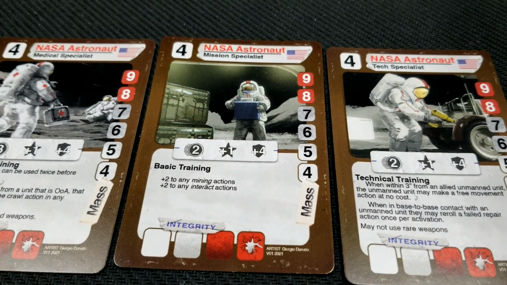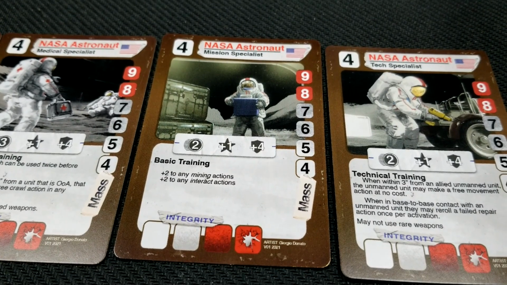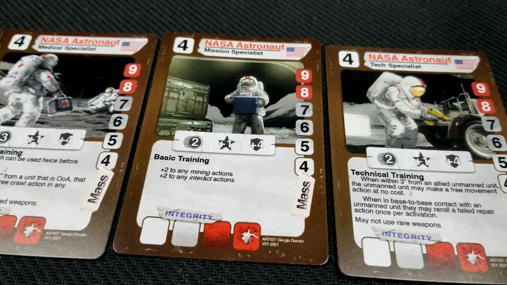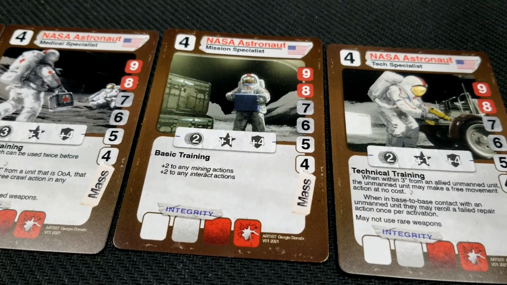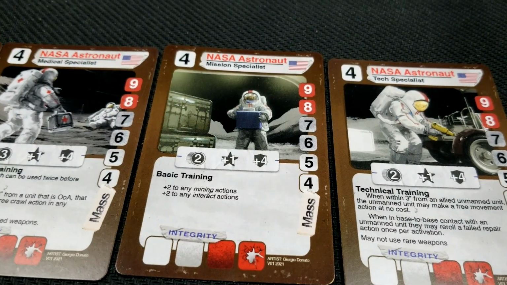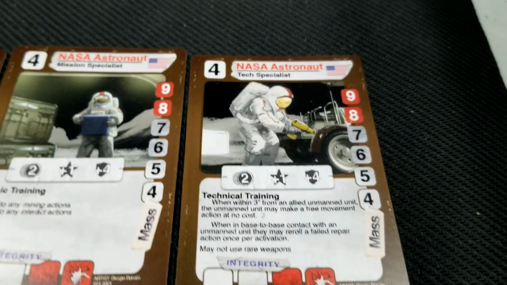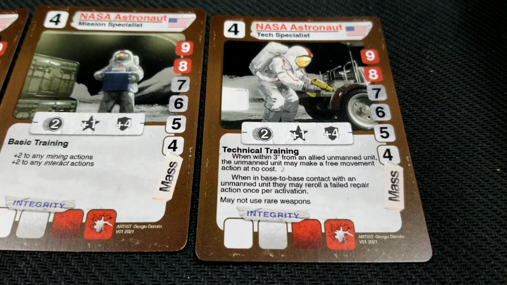He's just great by himself, really doesn't even need any equipment that gives a bonus for mining, so that can save on some points and weight as well. So you could basically just go up, mine out a place, carry a couple of resources back, and really set yourself up good scoring-wise. And finally, the tech specialist is really going to help you out when you bring unmanned